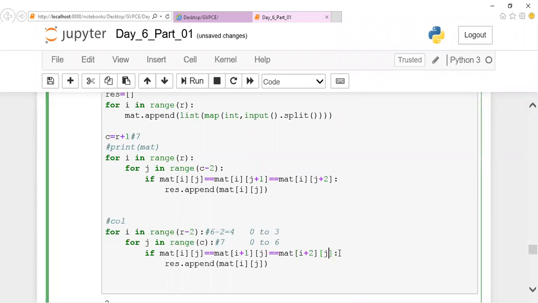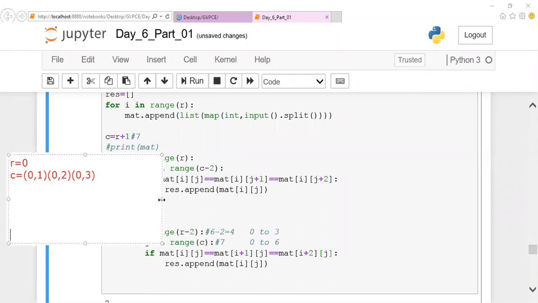What happens here? If your row is 0, for 0 you will have a combination of 0,1, followed by 0,2, 0,3, where your j loop will be incremented. Coming to this part, you can notice that I'm increasing my row alone.